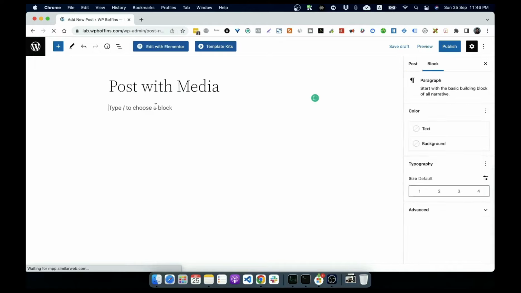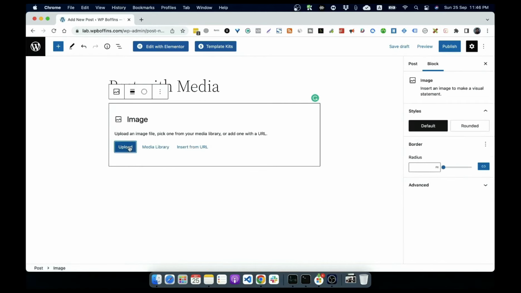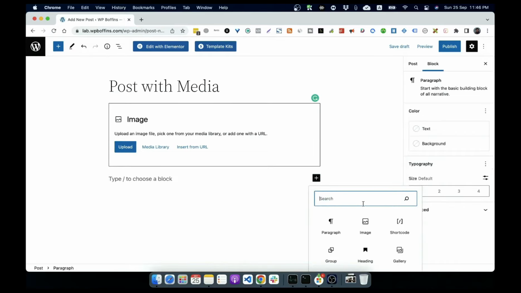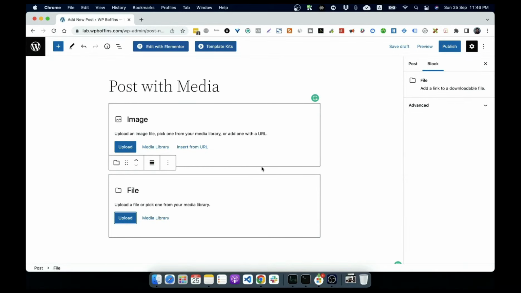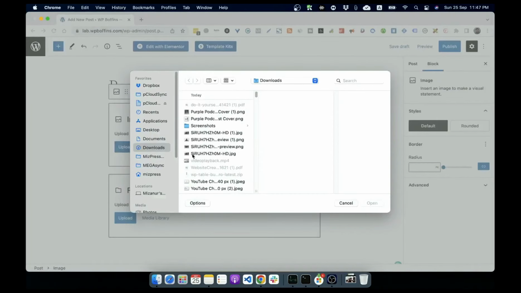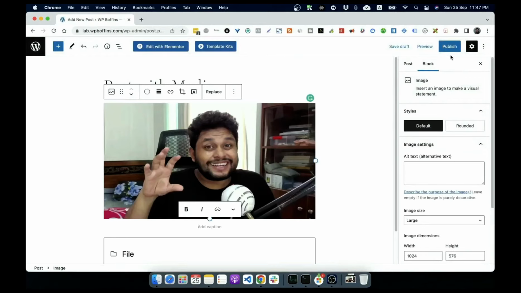Okay, so we can upload the media from here, image and other things, because it's a block editor. So we can upload any media like image, files, etc., in this way. If you were using the classic editor, then there would be a different way to upload media. I will show that in a later part of this video, but right now I'm going to click on upload. Let's say I'm uploading this image of myself. It will be uploaded here, and if I publish the post,